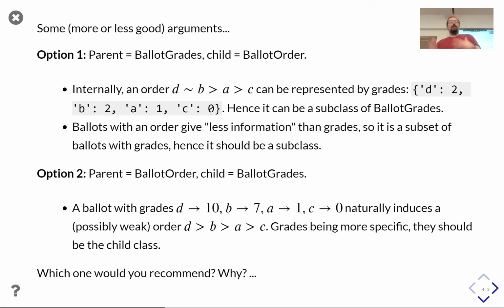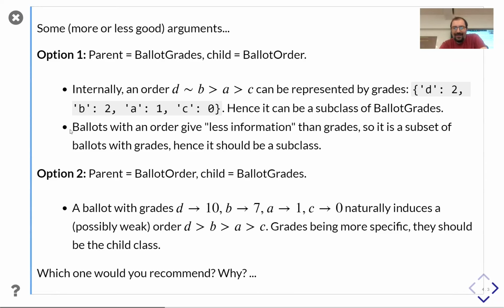Naturally, it's very easy to manipulate such a dictionary to know all that you want to know about the weak order. If you want to know, for example, whether D is preferred to C, you just have to test whether the value associated to D is greater than the one associated to C. So it's a very convenient representation of a weak order.